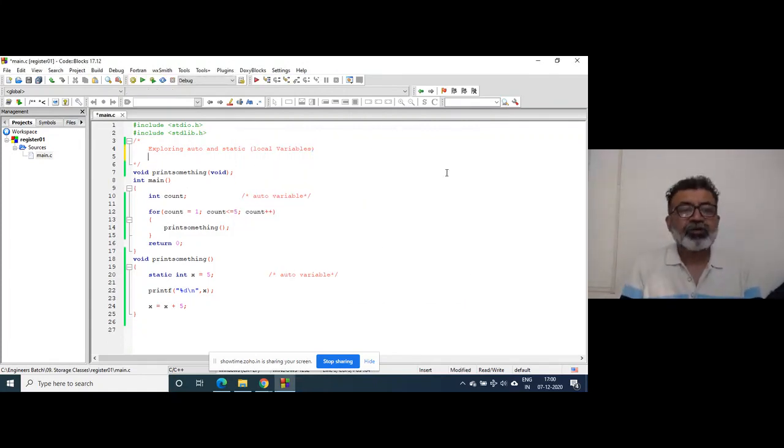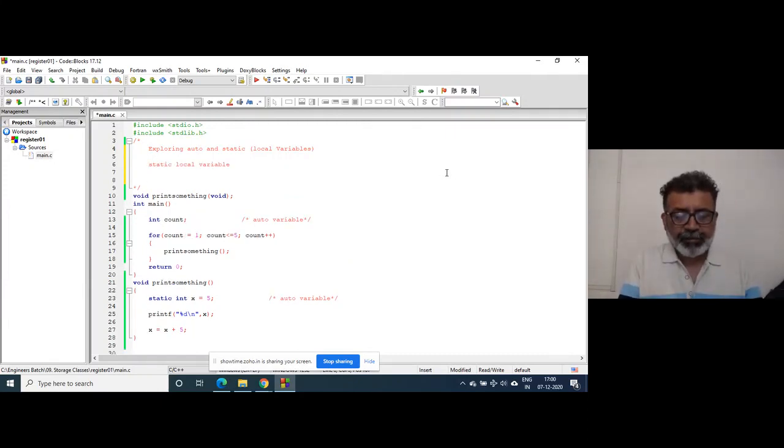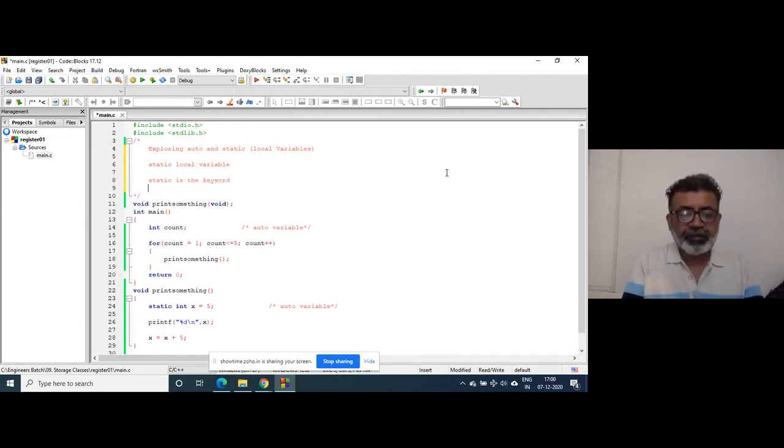So what is a static local variable? Static is the keyword. The variable is initialized to 0 by default.